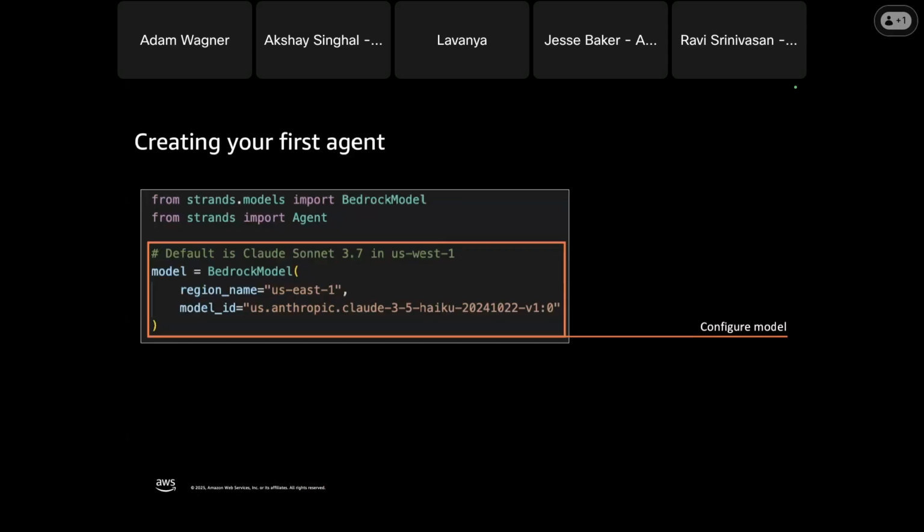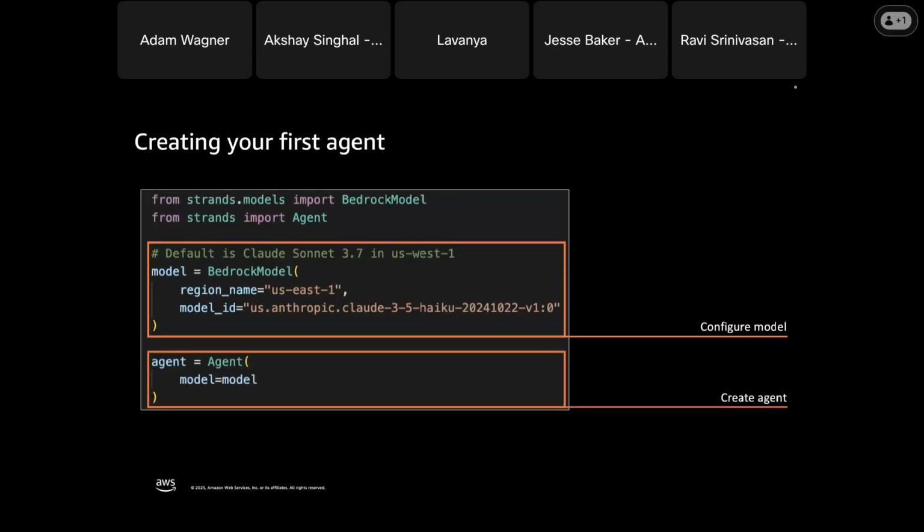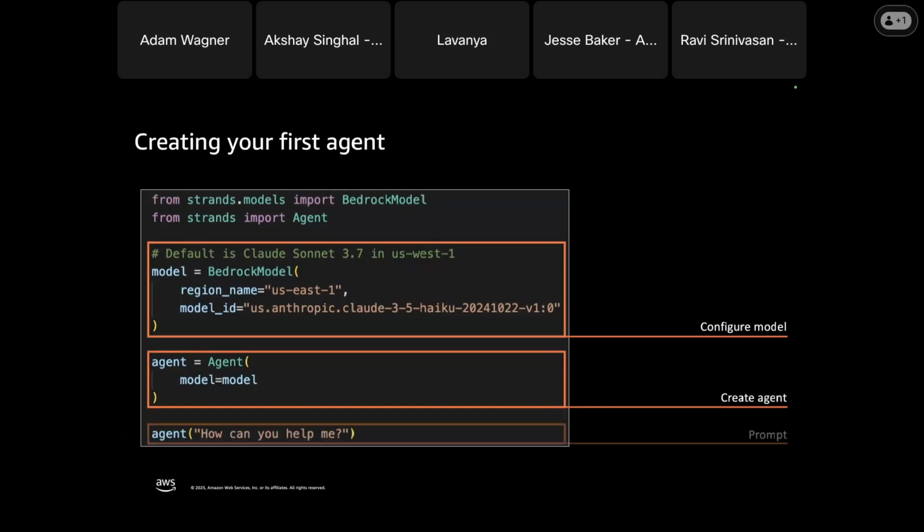By default, it will use Claude Sonnet, but we'll explicitly configure the model, and then we'll create an agent. And so we say, please create this agent and use this model. And then we can send the agent a prompt. And that's what it looks like to send an agent a prompt. We just say agent and we send it the string we want to send it.